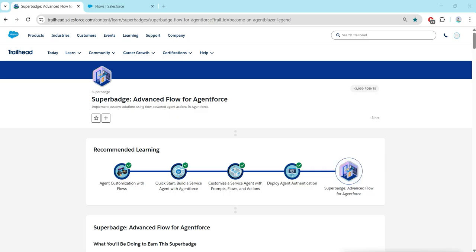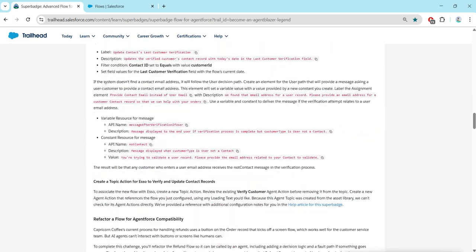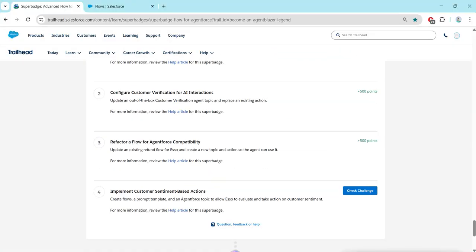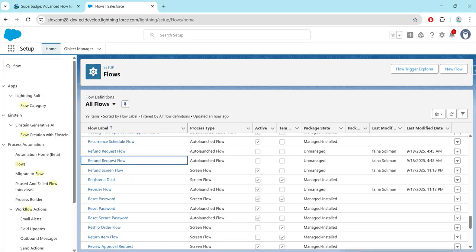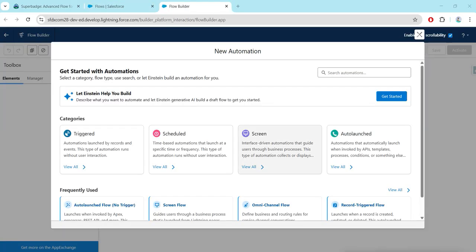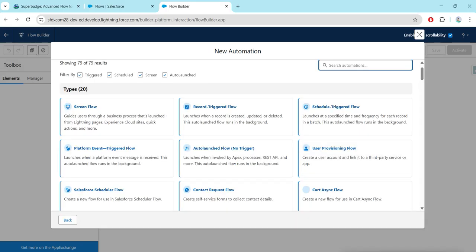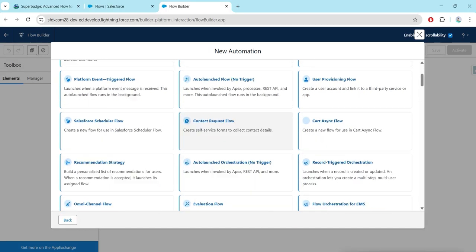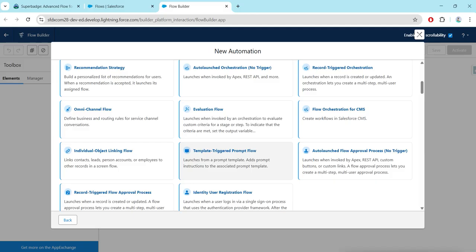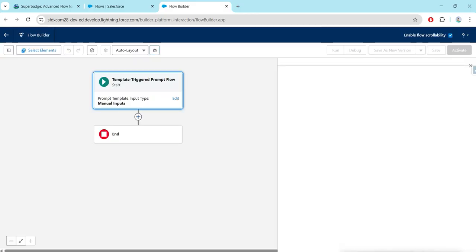So as we already completed our first 3 challenges for the Superbadge, let's go to our fourth challenge. Once you click on launch, go to flow and click on new flow and scroll down, click on view all. So here we are going to choose template triggered flow, click on it